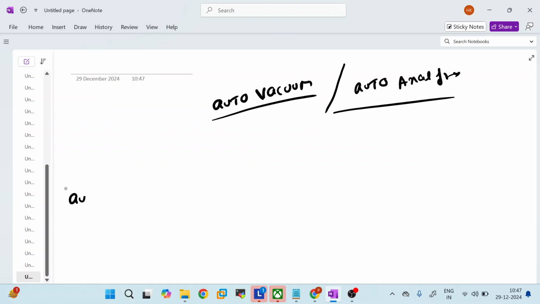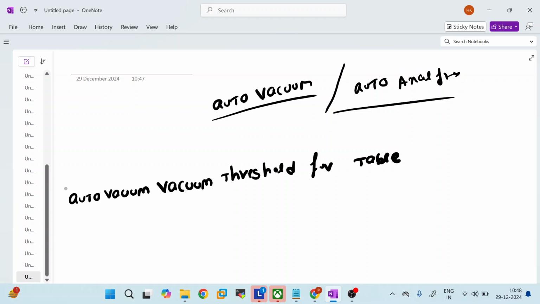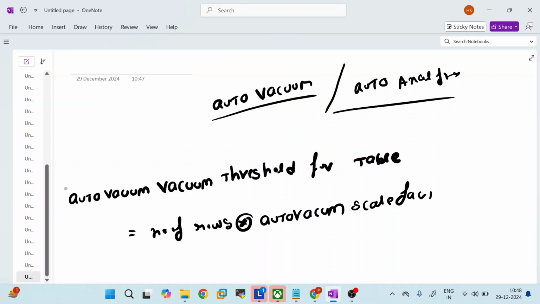The auto vacuum threshold for a table is equal to the number of rows into the auto vacuum scale factor, plus auto vacuum